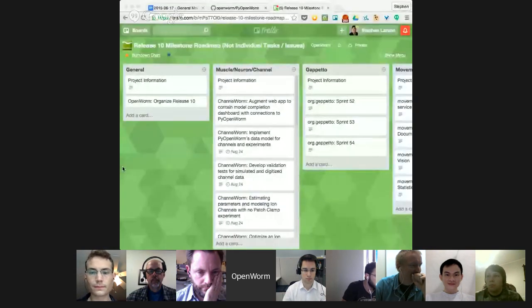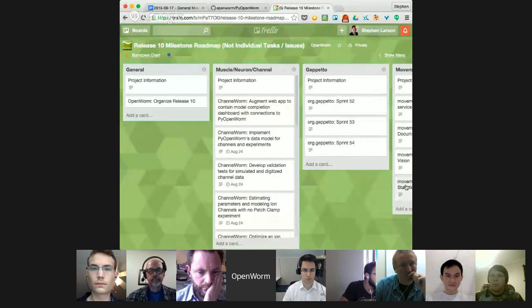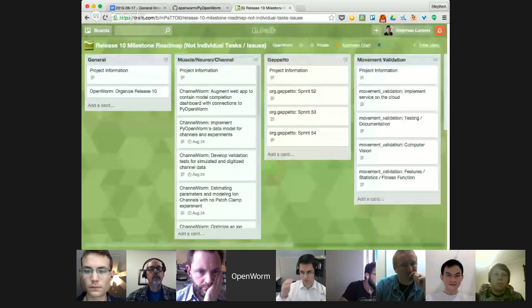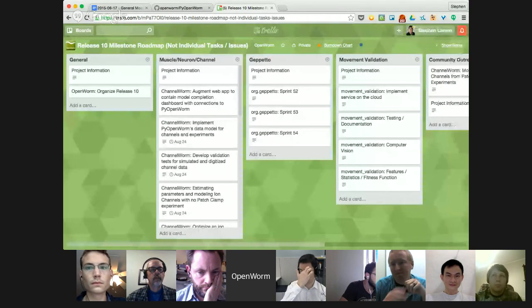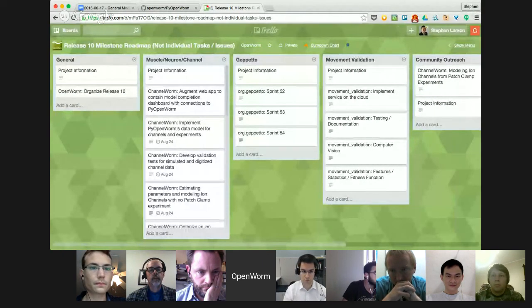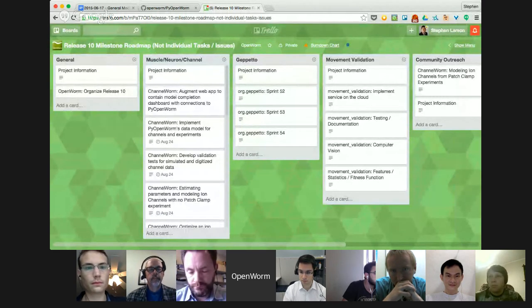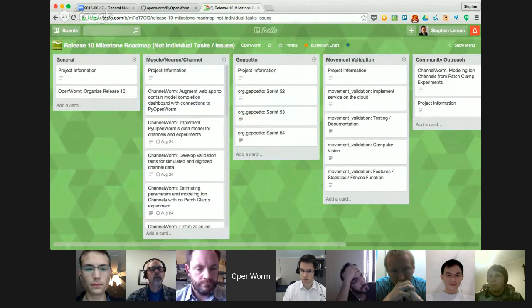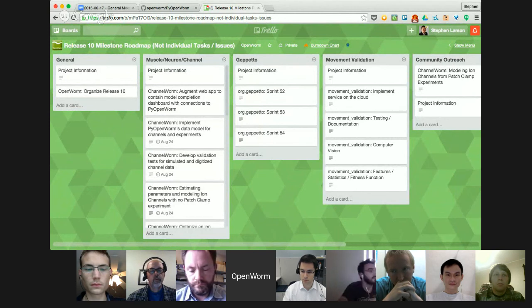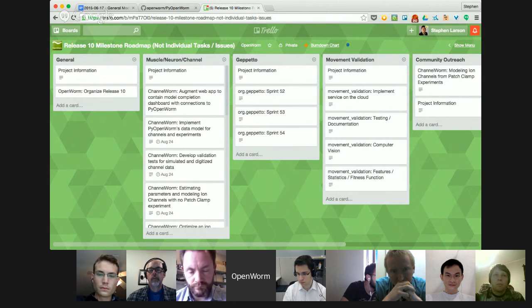Okay, so I was on a long flight back from Europe, and I was thinking about this coordination. In addition to Waffle, I also use this tool called Trello for organizing things that aren't open source coding projects. And at the risk of introducing another tool, this is a tool that a lot of people use. I know that Matteo, myself, and Giovanni use it for coordinating our other work. I wanted it to not be redundant with what was there, so it would not take away from Waffle or GitHub.